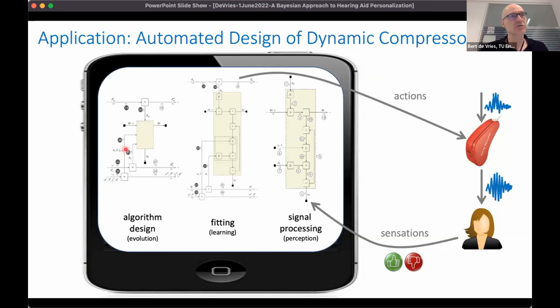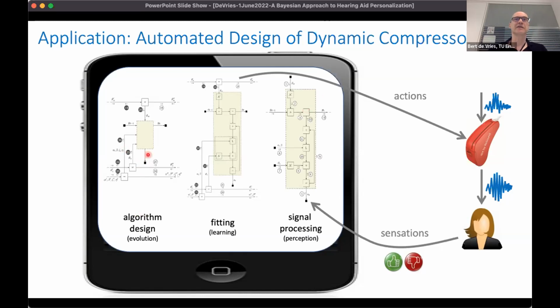We lose 10,000 neurons per day. The structure of the brain changes. And I mean, the most drastic way that the structure of the brain changes is just by procreation, right? And natural selection is actually free energy minimization over a very long time span. It turns out that if we do that as well, we basically design an algorithm, the dynamic range compressor. But crucially,